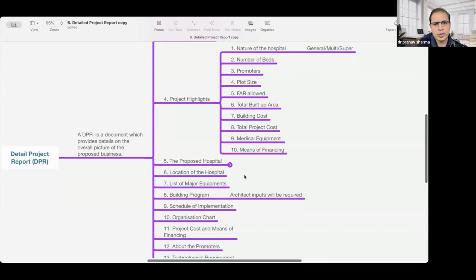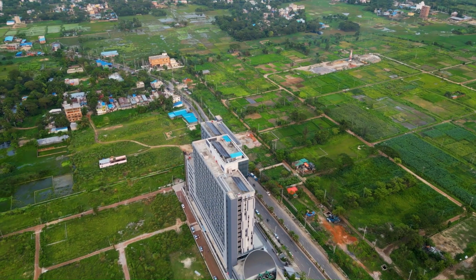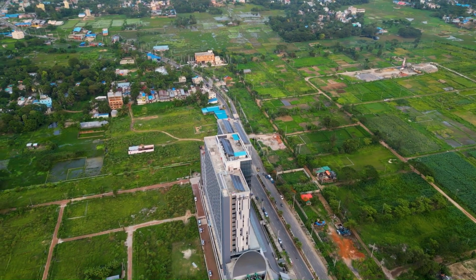Now we move on to the proposed hospital. So in the proposed hospital, these are the questions you should be asking yourself and the owner, or maybe if you are taking a property on rent, then what is your profile, what are you going to cover, what should be the covered area, how you will construct, what are the facilities which you are going to have, what are the hospital services you are offering, and what are the support services you are offering. Then comes a very important point, the location of the hospital, where you are going to have it,